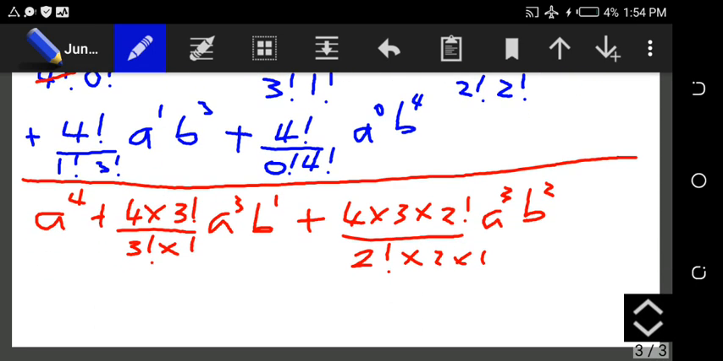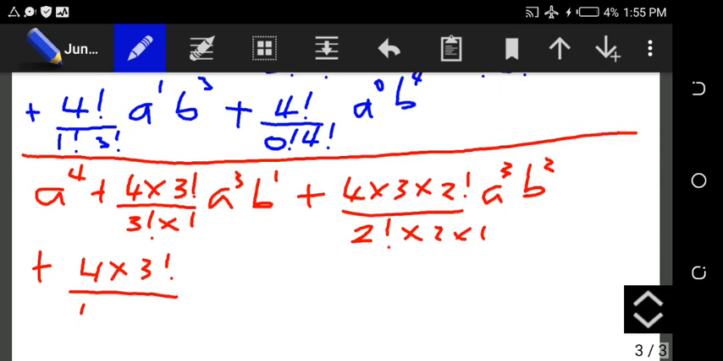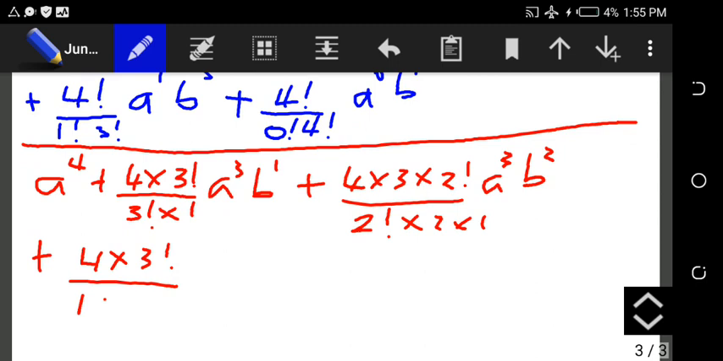Okay, over to this one here, we'll still have plus 4 factorial over 1 factorial times 3 factorial. That will give us 4 factorial means 4 times 3 factorial, all over 1 factorial, which is 1, times 3 factorial. That will give us 1 times, we'll have 3 factorial. Let's maintain that so that I'm able to simplify. Then we have a